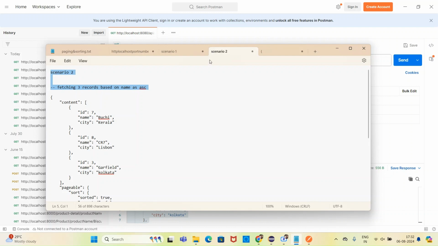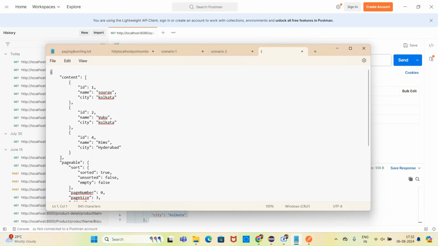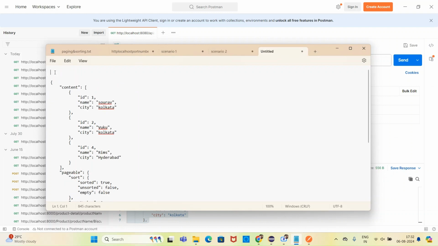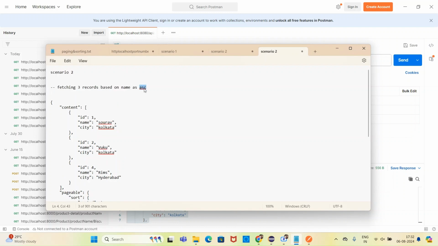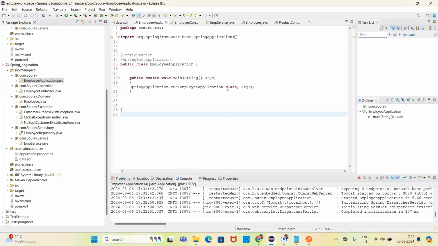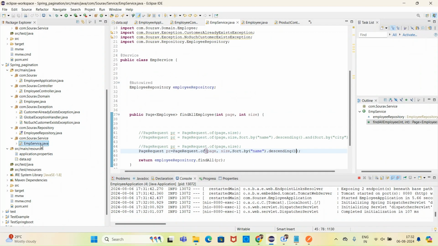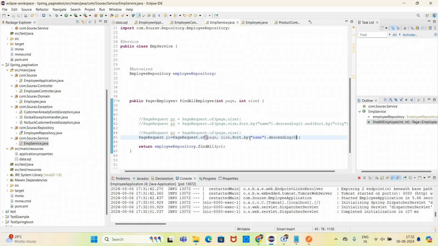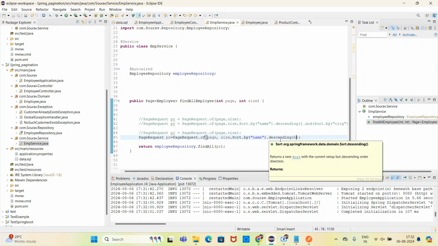How have we achieved that? The method and code are the same, but we just mention the method as descending over there. So if you go to the service class, you can see Sort.by name .descending. If you are not using descending, by default it is taking ascending order. Now